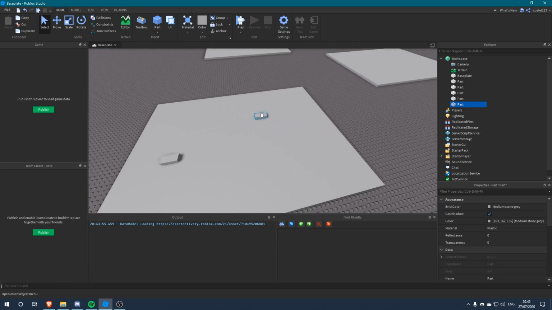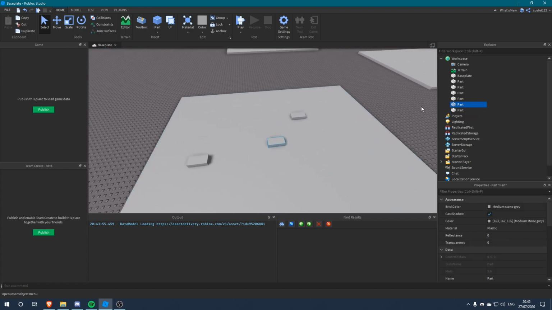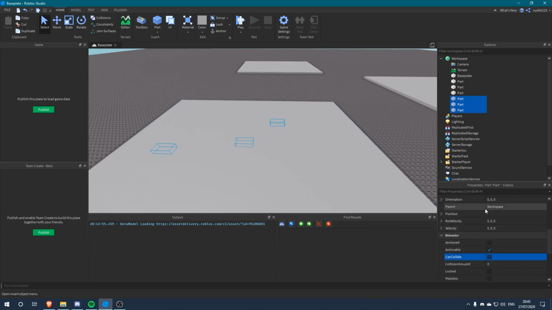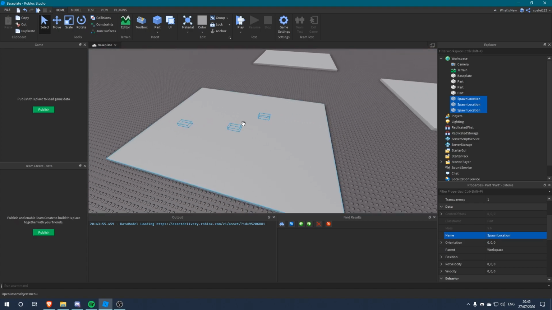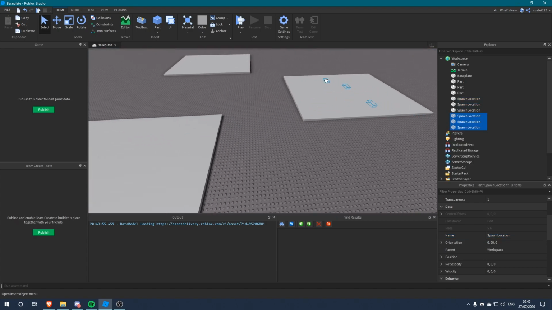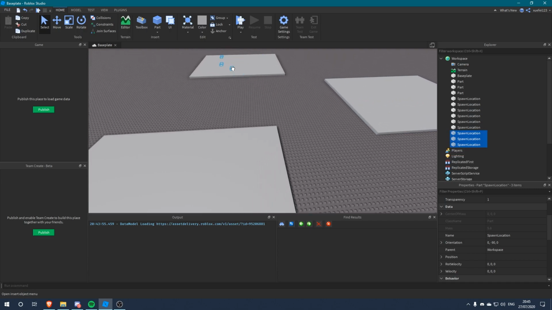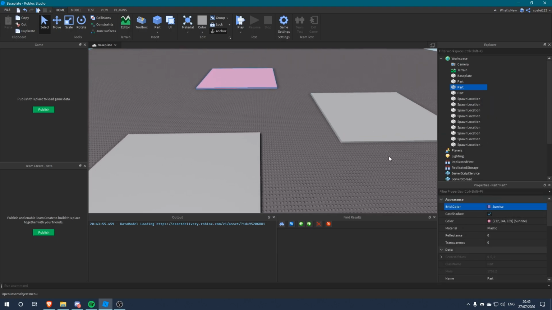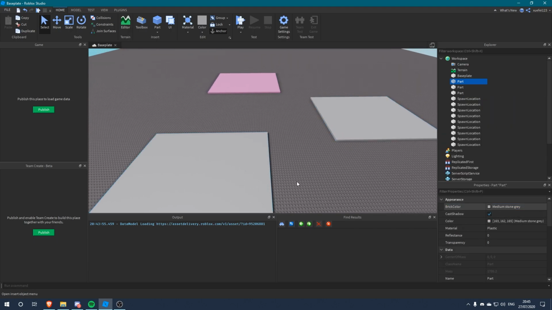So you're going to place a few spawn locations, right? These aren't spawn locations per se, they're just parts, but you make them invisible, you make them mechanical light off, and you'll just call them spawn location, okay? And I'll just duplicate these, right? And I'll rotate them, and you'll see that there'll be different maps. Okay, so we'll make this one sunrise color, and we'll just leave that one like that, and we'll make this